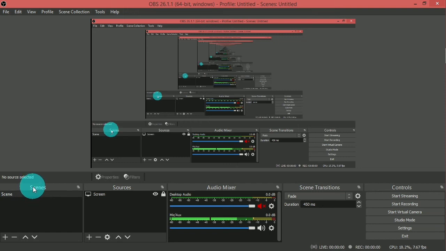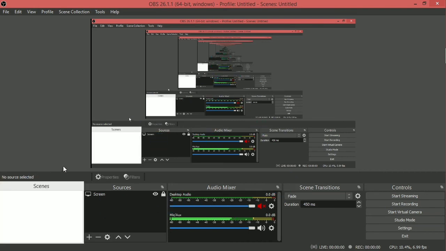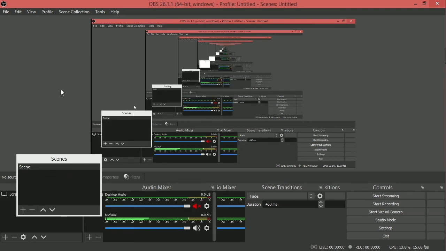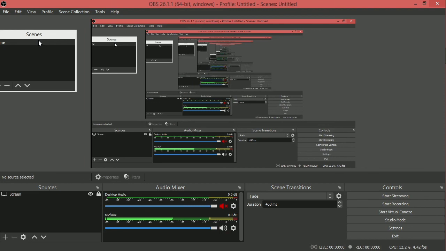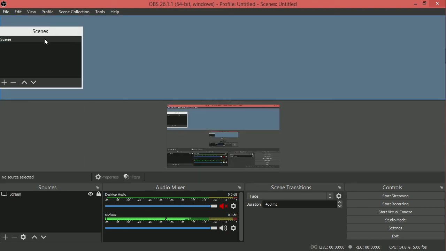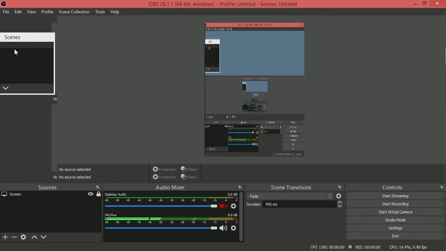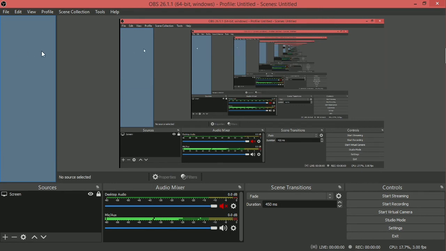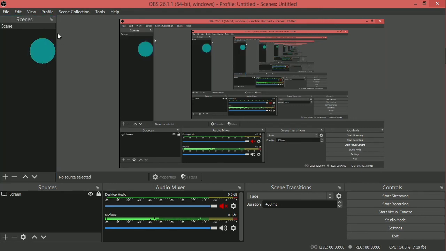For that, we can drag each of these boxes. So first let me drag the scenes box out of here. You can see that the scenes box has come out. So let me place it over here, and if we place it properly, here it will show a blue box. I don't want to place it here. I want to place it here where the blue box is getting highlighted. So let me leave my cursor, and now you can see that scenes has appeared here.